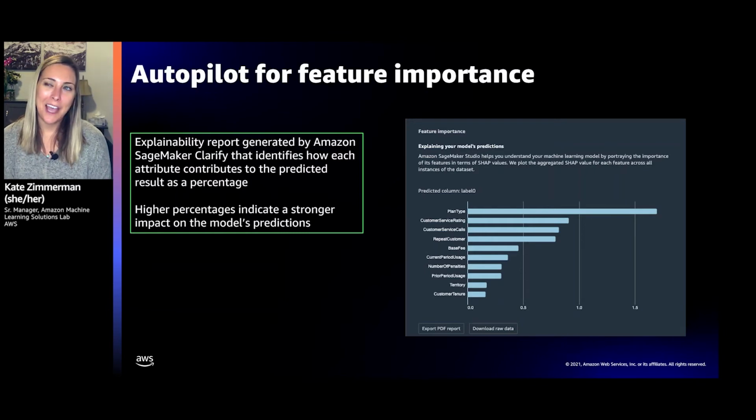So you already basically have your target or your ground truth in your training feature set. And what you'll see coming out of something like Clarify, if that was the case, is that would be by far the dominating feature, right? The model's prediction would be almost 100% based on the fact that you had, did the customer leave, yes or no, as a feature, right? Because that's all you need to know. It's basically the same thing as the target column.